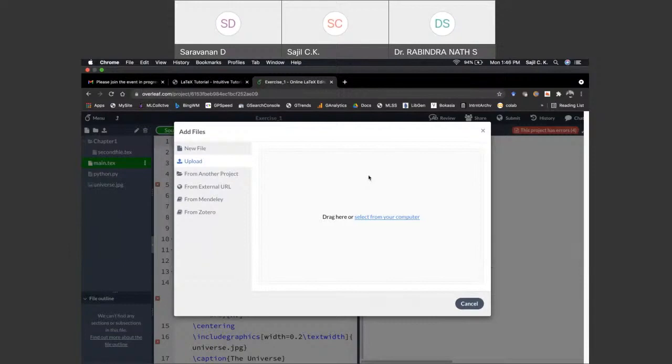When it comes to Linux or Ubuntu, as I have shown you in the web portal, the installation setting, there are a couple of commands, like 3-4 commands, which are used to install it from the terminal, and it takes approximately 2 GB of data. It tries to download every available LaTeX package and then install it. So if you are doing it that way, there is no need to specifically install any package. It will be there.